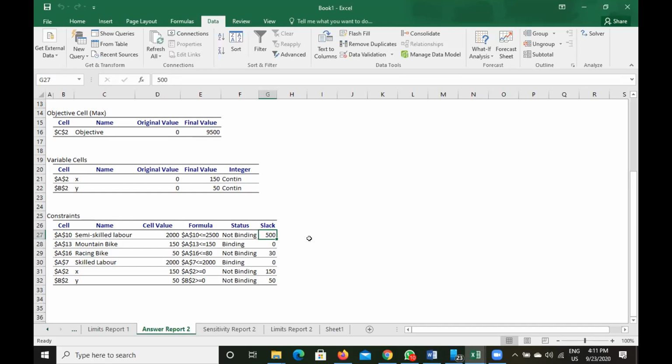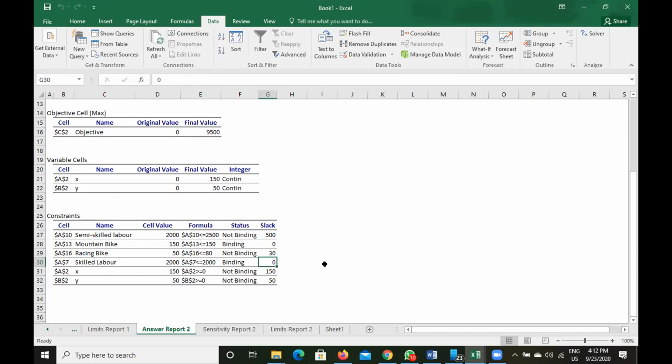But again, you have to have some slack also. For skilled labor, we have 2,000 hours available, and we are using it fully.